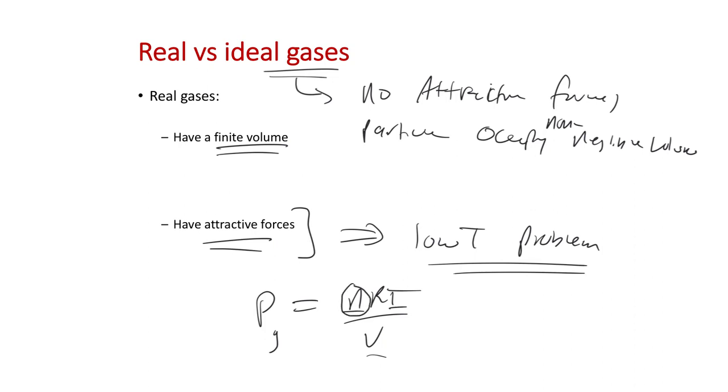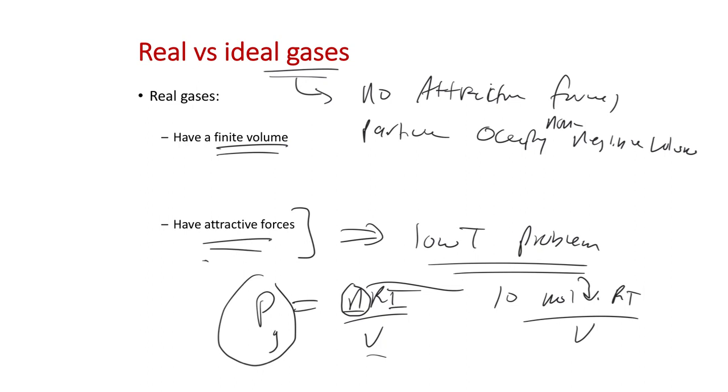If you have particles sticking together, the apparent number of moles is not what you think it is. If you think you have, let's say, 10 moles of gas in a container, but at some moment, 2 moles of the gas are actually stuck together as a particle, and the other 8 are free molecules, you really only have 9 moles of gas in that case. So due to attractive forces, because some particles are sticking together, the actual number of moles of gas is lower than what we think it is from the ideal gas law. This is how attractive forces give us an error when we're calculating pressures using the ideal gas law.